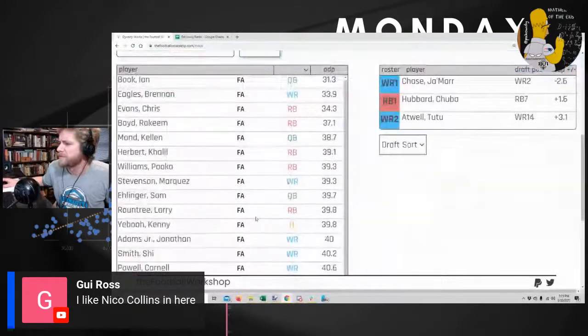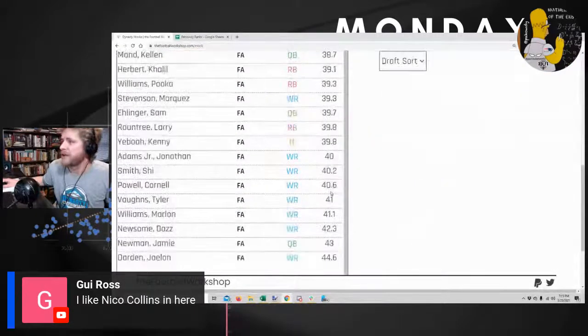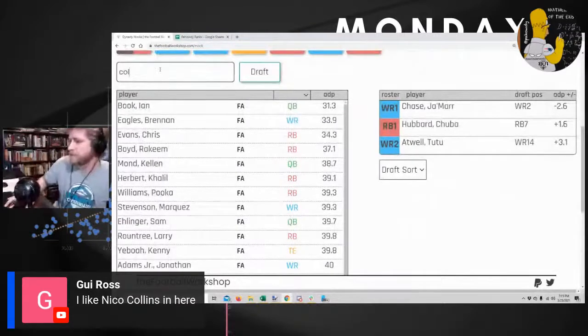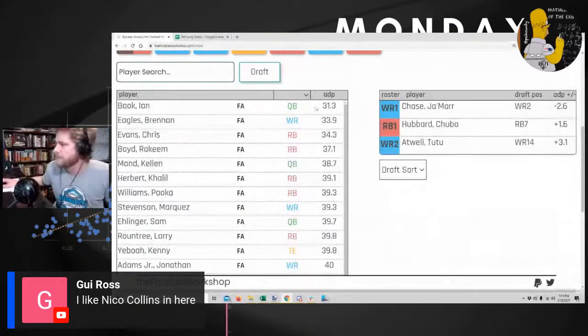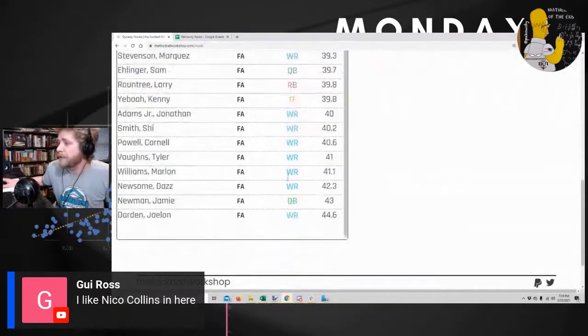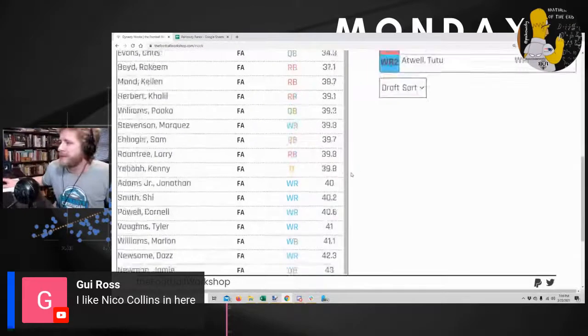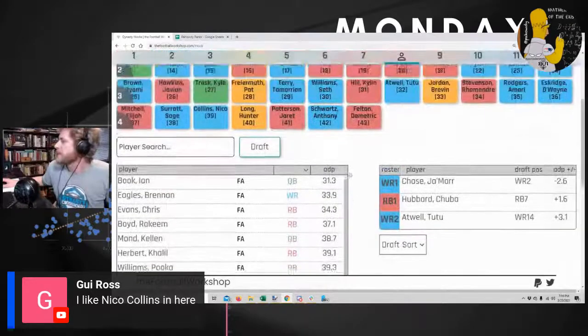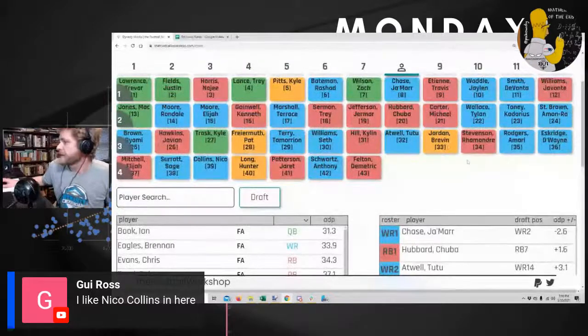I don't think he's actually in the ADP, and I definitely haven't broken his profile down yet. I'm so lazy. Haven't got to half these players. But yeah, Brevin Jordan and Tutu seem to be a third round pick, and I kind of like that.